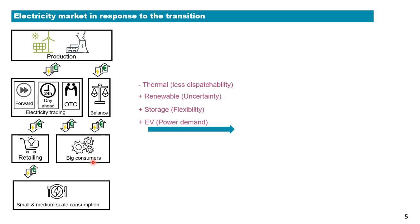As we have discussed on the previous slide, there will be much less thermal power plants, which means we'll face significantly less amount of dispatchability, and we'll of course use renewables to replace this energy. That means we'll have more uncertainty in the grid on the production side, and that means we have to have a much larger amount of storage units to provide flexibility. And the adoption of EV also induces